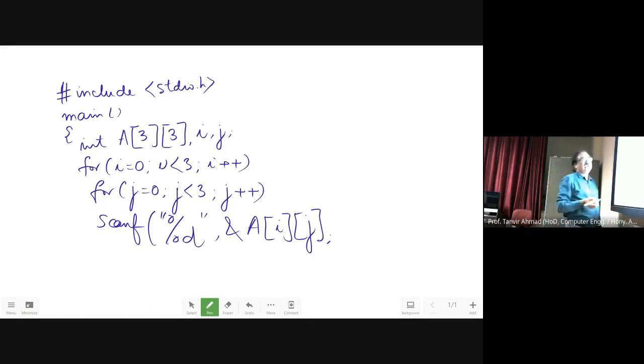Now I can read this array like this, and to print it I'll use the same for loop.